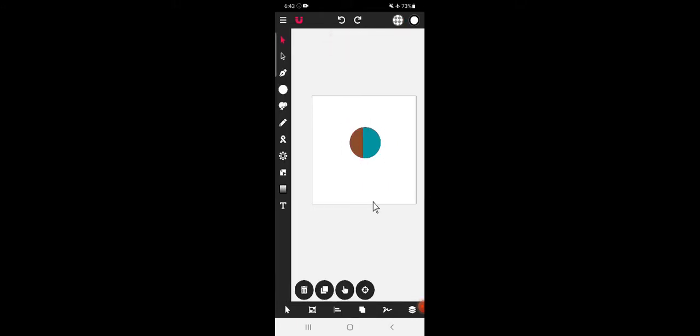Okay. Because I had made one more copy, that copy remained on the artboard, and this particular part is the part remaining after the intersecting process.